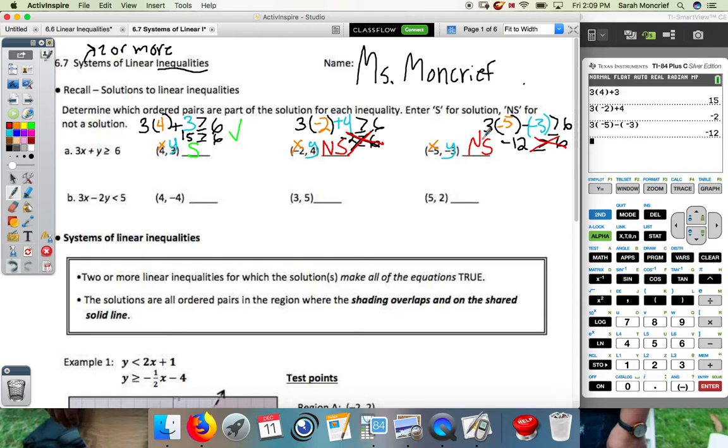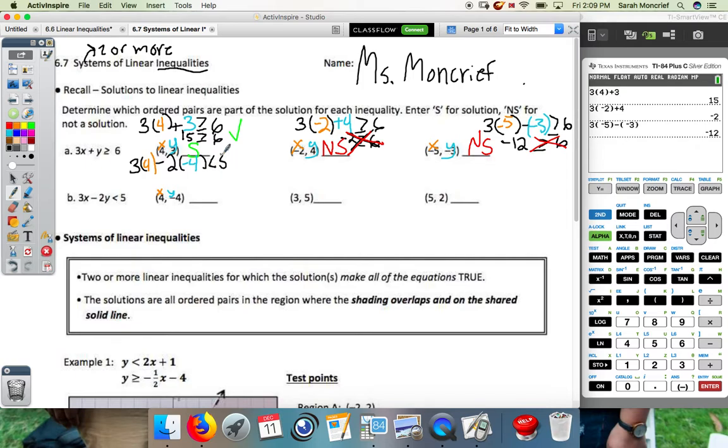Alright, now let's go ahead and check the next one. So we have 3x minus 2y is less than 5. This time we were given 4 for x and negative 4 for y. So let's plug them in. I have 3 times, and what was x? You're right, it was 4. Minus 2, and what did I plug in for y? Negative 4